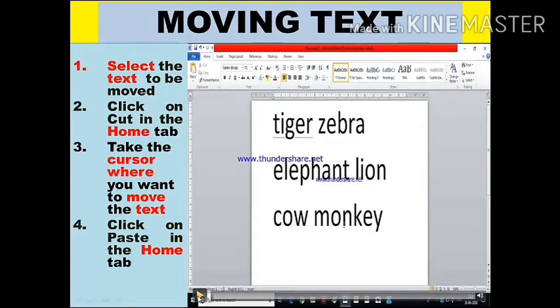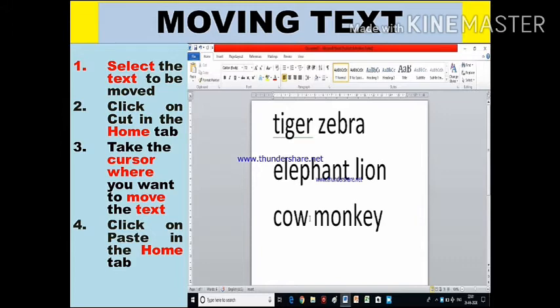So here are the steps for moving text. Here we have these words, tiger, zebra, elephant, lion. Now this word zebra, I want to move and I want to bring it over here. So now let's watch the steps. Step 1, select the text to be moved. And what are we moving?